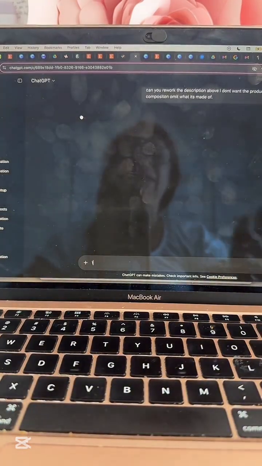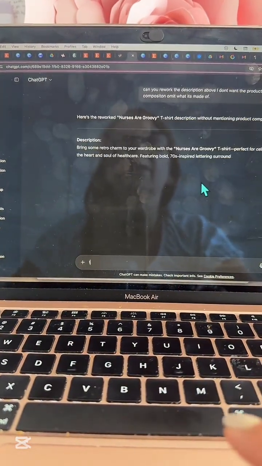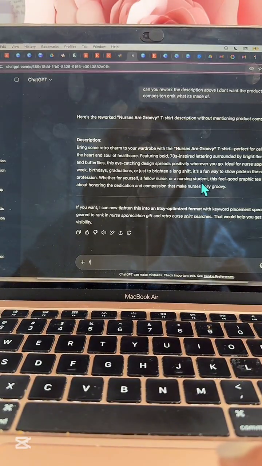So I'm just going to get them to tweak that and see if we can. Here's the reworked version. Inspired, surrounded by bright floral, eye-catching design, positivity, Nurse Appreciation Week, birthdays, graduations, or just brighten a long shift. Fun way to show pride in the nursing profession. Fellow nurse, a nursing student, the feel-good graphic tee, dedication, compassion. Okay, so we've got